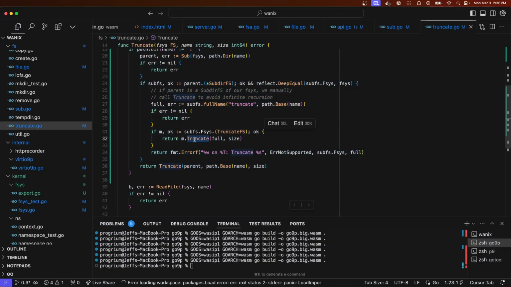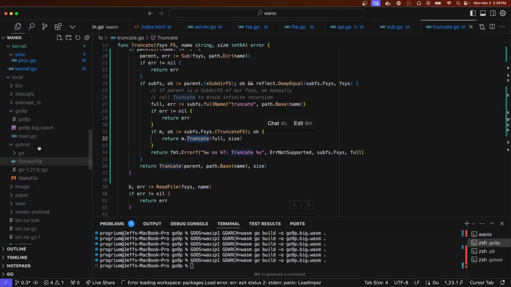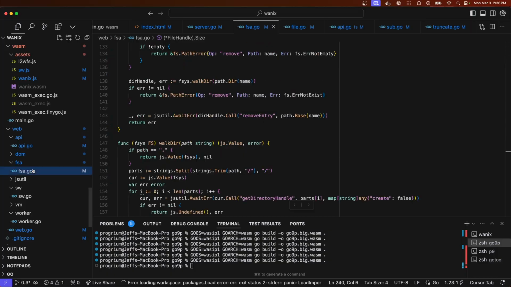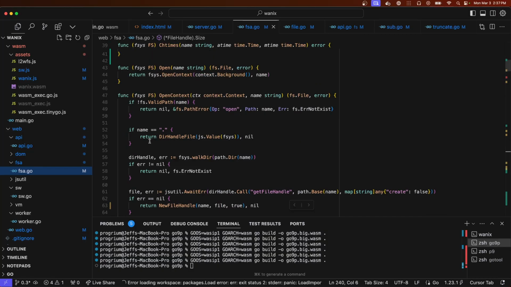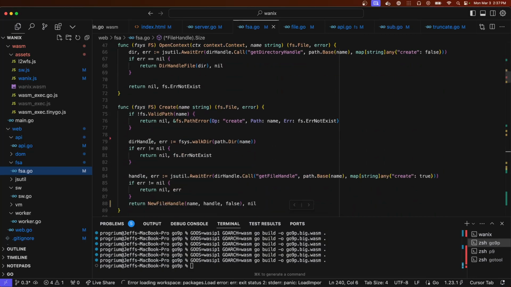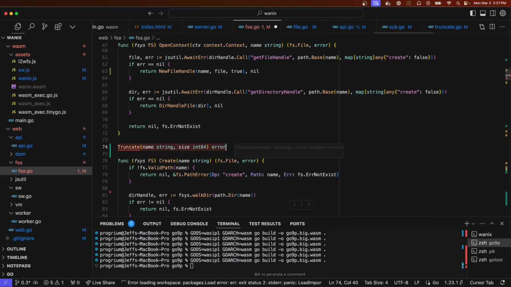So the innermost file system will be OPFS, and yeah, OPFS does not have truncate. But I guess it could. Why not? We'll put it with these guys.